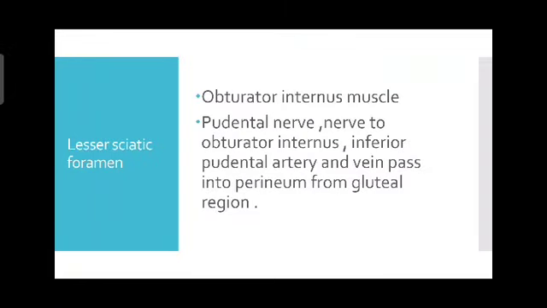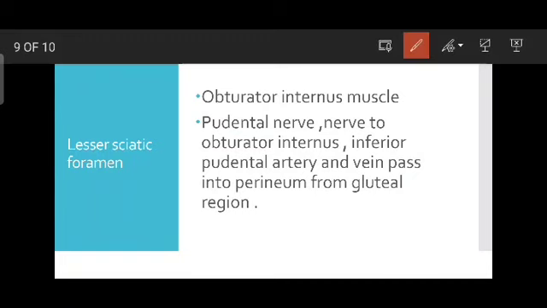And then lesser sciatic foramen. Lesser sciatic foramen is formed by the lesser sciatic notch and the sacrotuberous ligament. That is, the lesser sciatic notch is converted into lesser sciatic foramen by the attachment of the sacrotuberous ligament. Okay. We already know that greater sciatic foramen